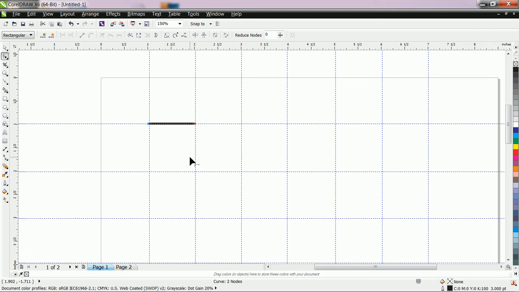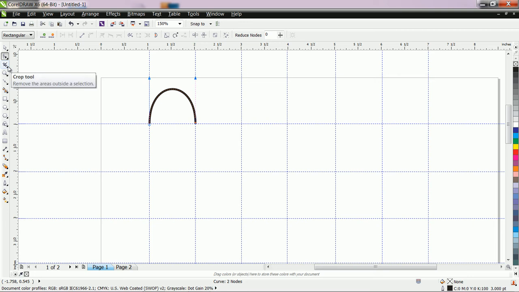Then how to identify it? If you keep the shape tool near the line, then it will show this symbol, the curve symbol. And if you drag it, then this line is converted to a curve. Now let us click on node and arrange this arrow properly at one dimension. Now our curve is perfect.